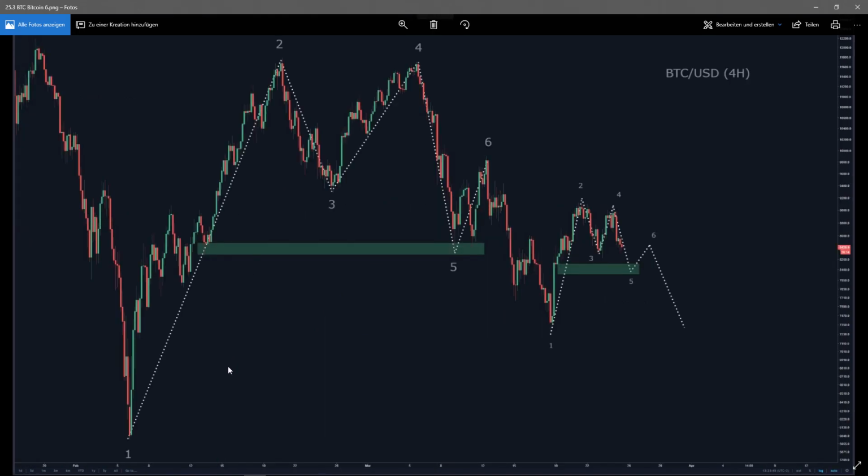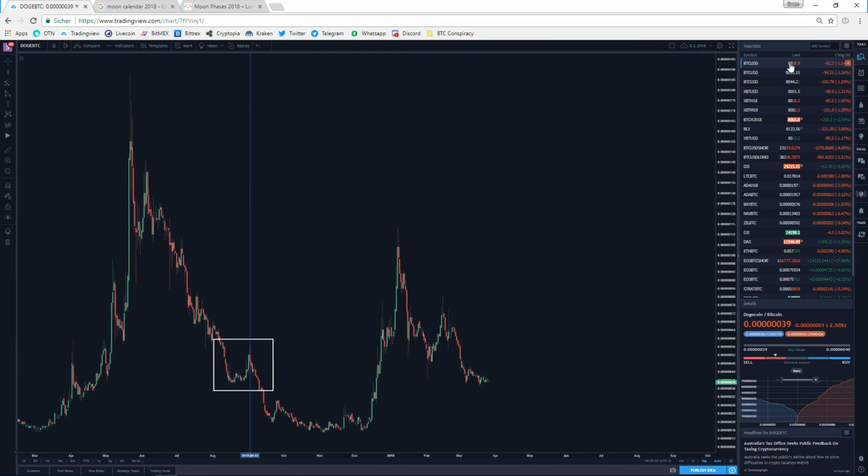Well, I think Crypto Trendy posted this on Twitter a couple of days ago, where it looks almost like a fractal, where we have this double top again, and we basically had 1, 2, 3, 4, 5, 6, and we have it here again, 1, 2, 3, 4, 5. This is a little bit outdated. We're now here, and you can see we bounced right off here and went up again, and we didn't get through that bearish order block, and we have the same thing going on again, I think,